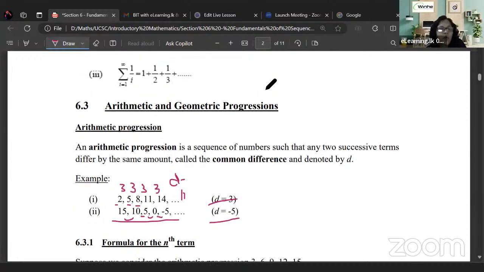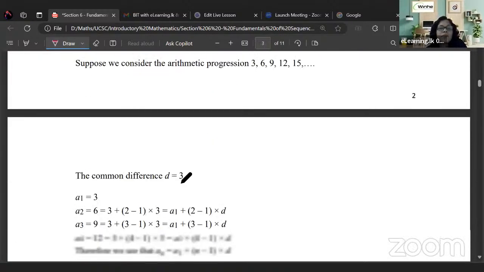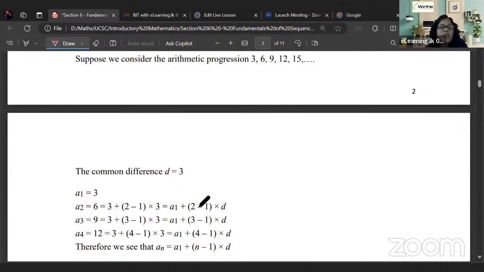If we know the common difference, you can easily write down the formula for the nth term. Before that, consider the arithmetic progression